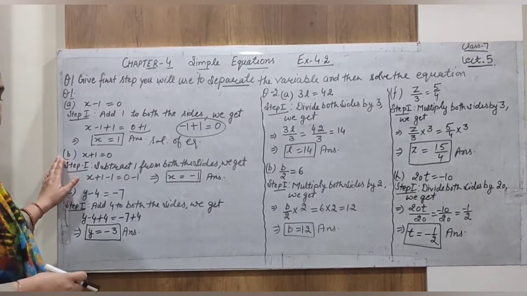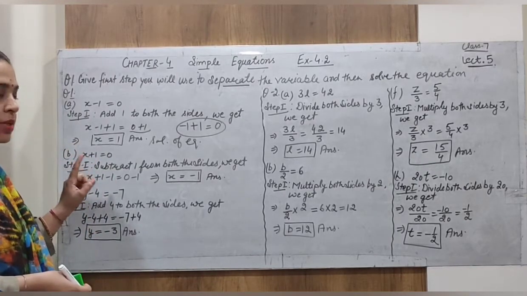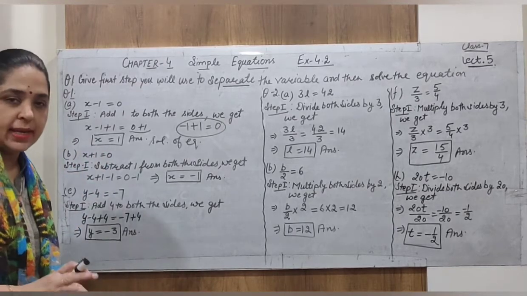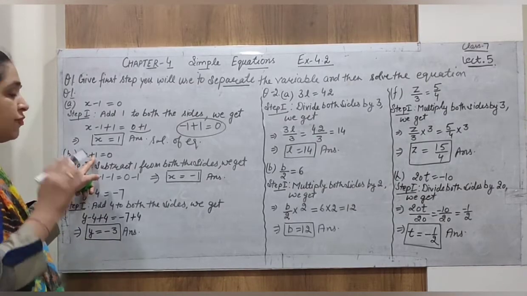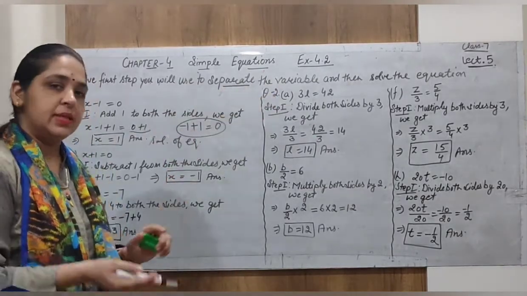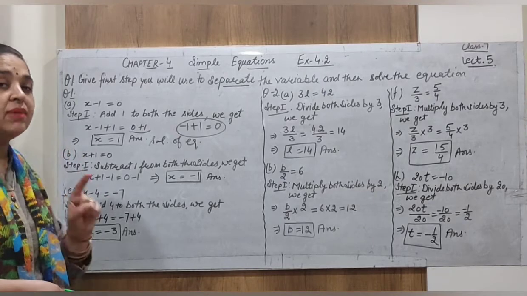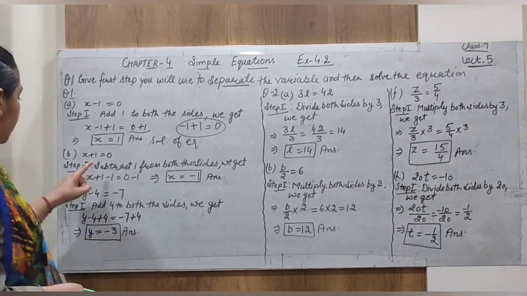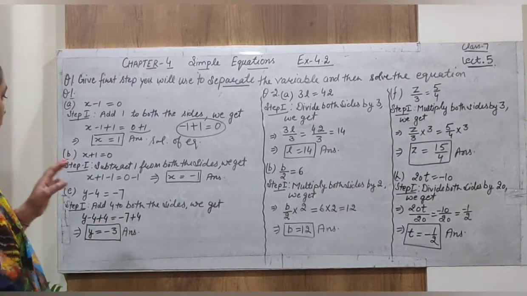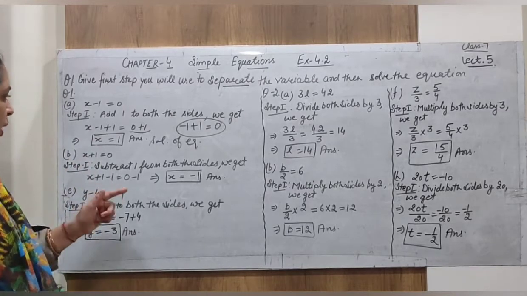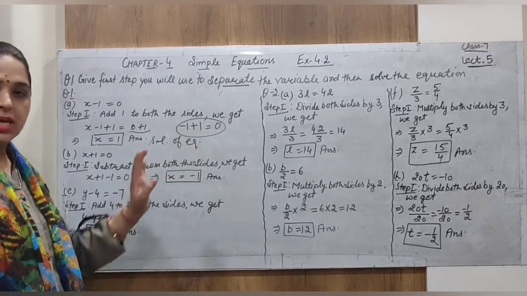Now the second question is x plus 1 equal to 0. Now we know that in a balanced equation the left hand side is always equal to the right hand side. It is given. We are not going to prove this. Now our first step is to separate the variable. In the left hand side we need only the variable, that is only x. So our first step is to remove plus 1 from the left hand side. How can we remove it? The opposite of plus 1 is minus 1. As you can see, plus 1 and minus 1 cancel each other, that gives us 0.